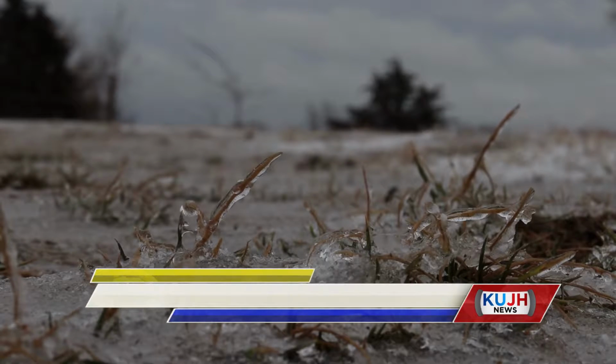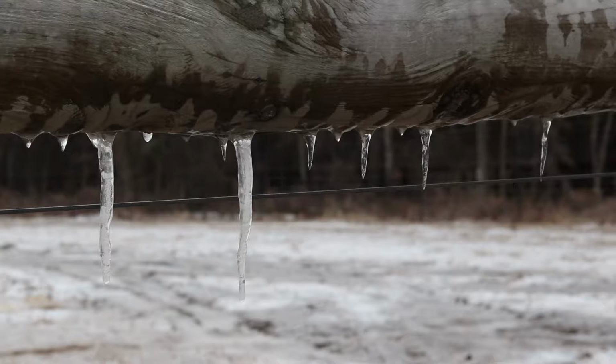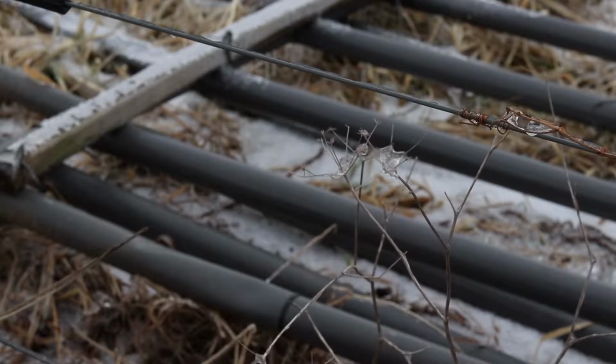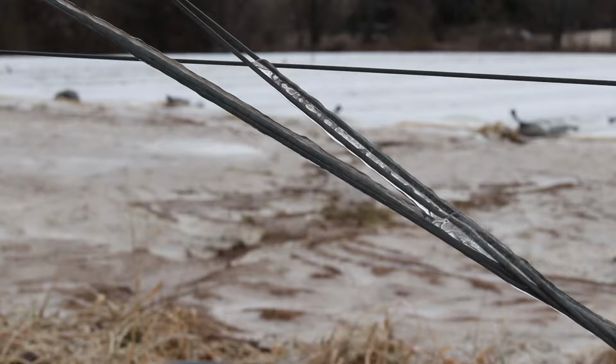This isn't what you'd normally think of when you think of this. On the Woletz strawberry farm, icy winters can lead to a healthy crop. This week's heavy dose of freezing rain and snow may bring a frown to most farmers' faces, but the Woletzes